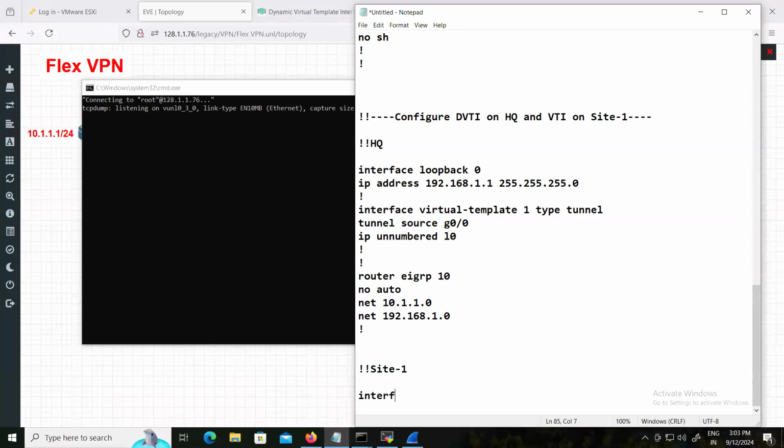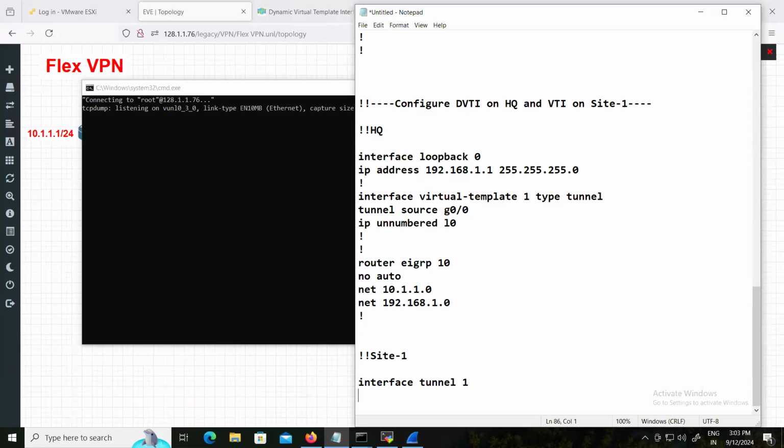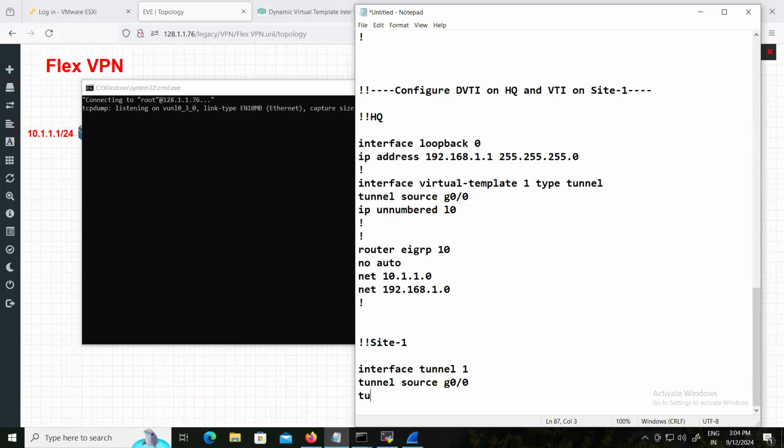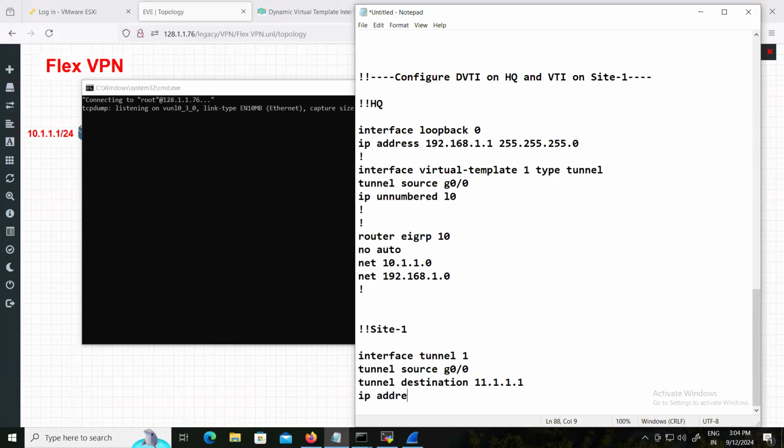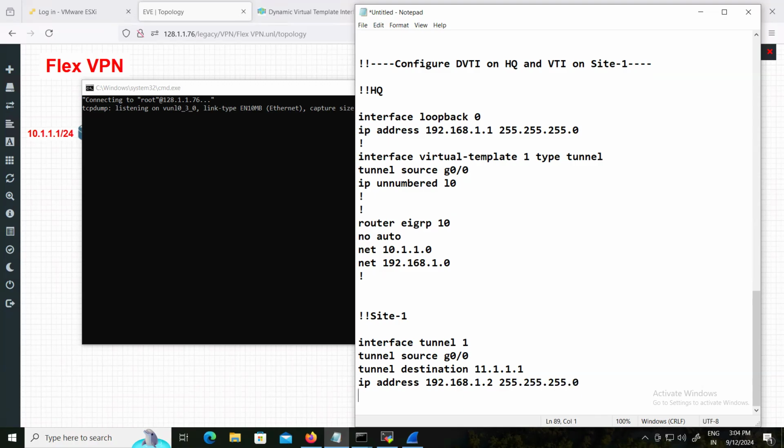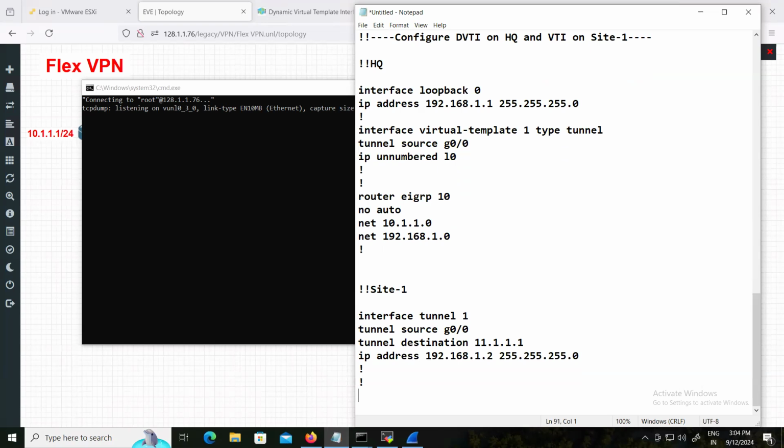Here we configure tunnel interface, tunnel 1, tunnel source 11.1.1, sorry. Tunnel destination 11.1.1. IP address 1.2, 255.255.255. Then